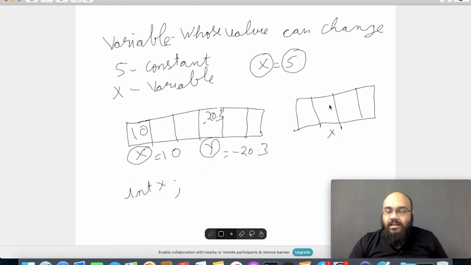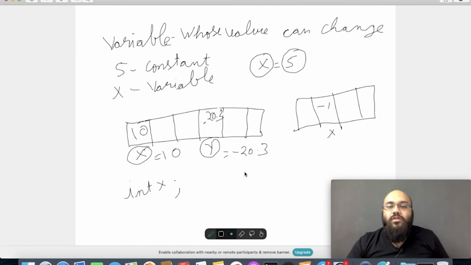As soon as we write int x and the program gets compiled, the memory location will have a cell named x, because we have initialized it. So integer x, and it will know that it can only hold integer values. This x cannot hold minus 10.5 or the letter a. It can only hold a value of integer type, like minus 1.